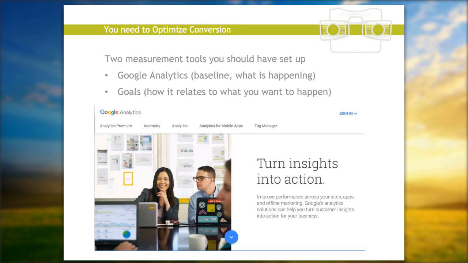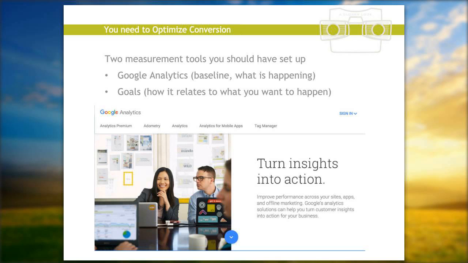So, the other thing is goals that are important. So working out what it is that you actually want to happen when people get there. Because sometimes people don't actually have a plan. So they might say, okay, I want you to go to my blog. But then, is there any call to action on the blog? Is there a reason for them to subscribe to something? Is there a special offer?